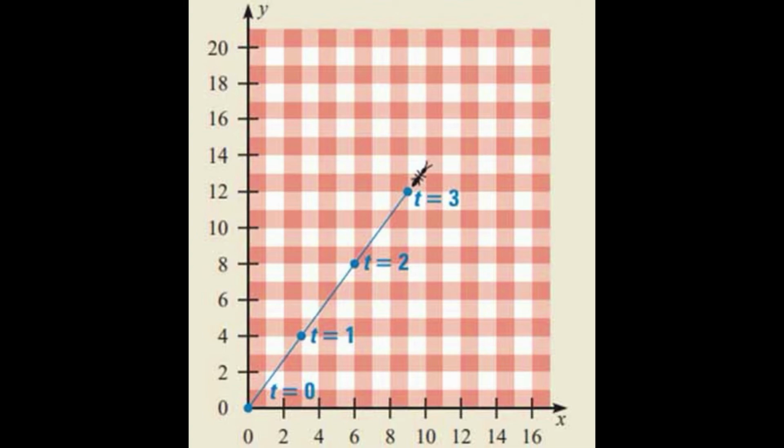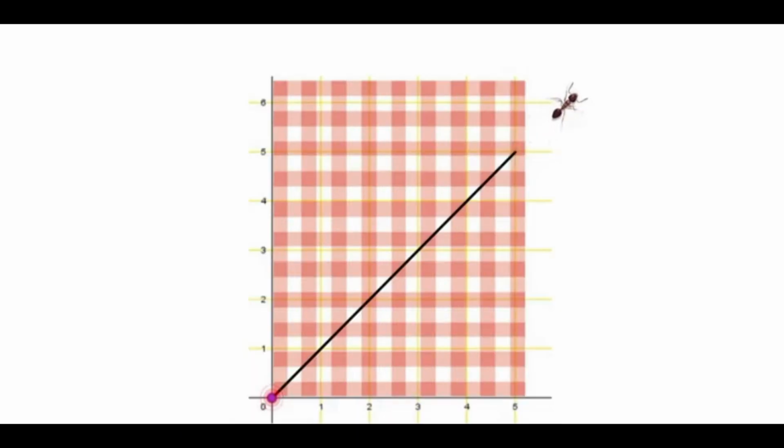The ant is at the origin ordered by 0, 0 when time t is equal to 0 second, at the point ordered by 1, 1 when time t is equal to 1 second, at the point ordered by 2, 2 when time t is equal to 2 seconds, and so on. Now our aim is to obtain the path traced by the ant.